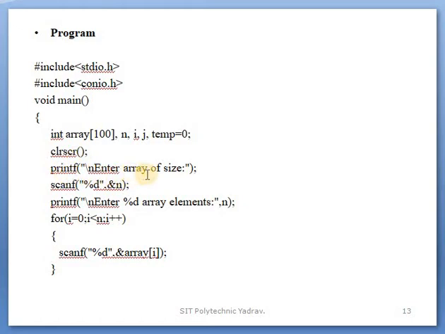printf: Enter array of size. Enter the array size means how many elements are input in the array. Then scanf with %d because we declared an integer number, so the data specifier %d is used and the value is saved in n. The address operator is used because it is the address where that number is stored. Okay, printf is the output function. scanf is the input function. The printf function is used for two purposes.